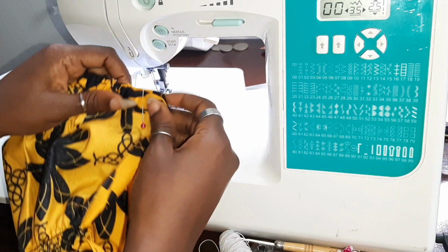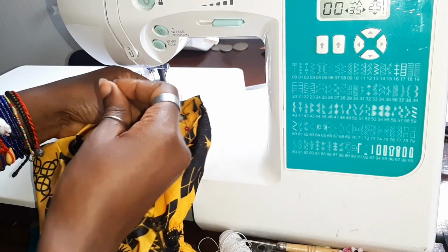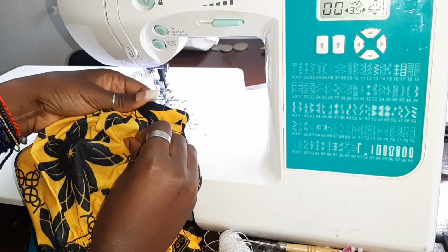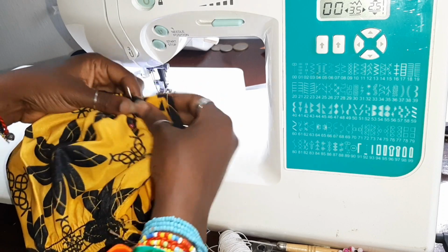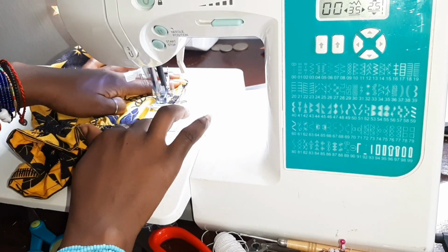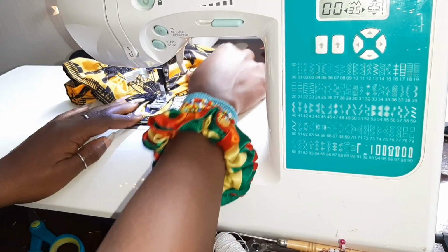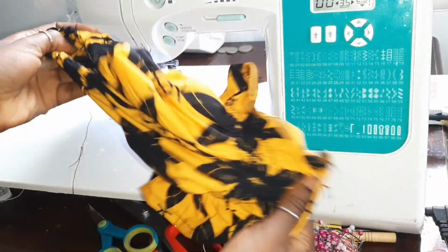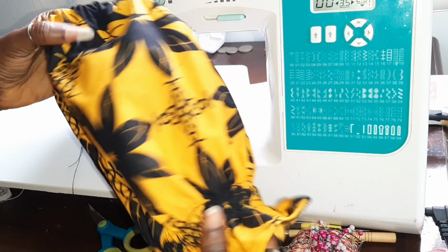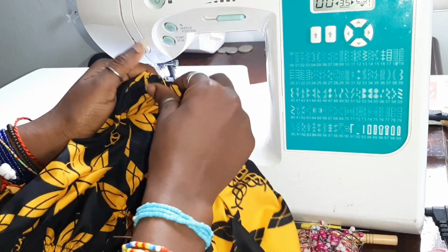So after shirring, the next thing is you're going to have right sides facing each other, and you're just going to sew just along the sides there using a straight stitch. Okay, so after sewing, this is what you'll have. So you want to turn it having right sides out,